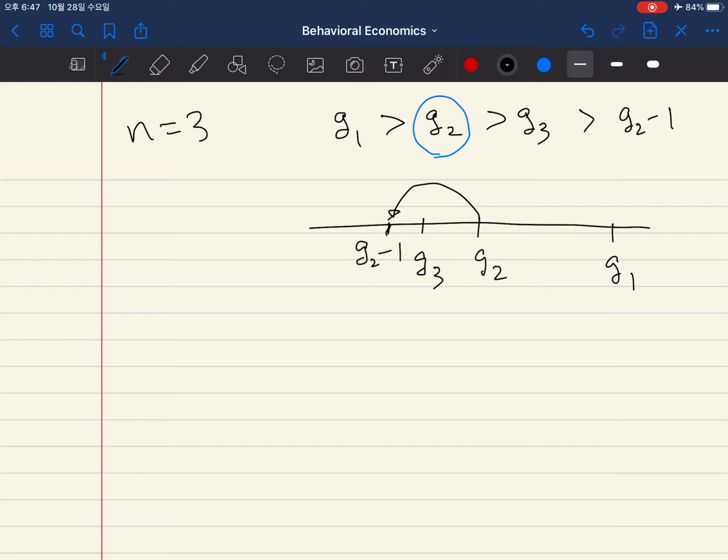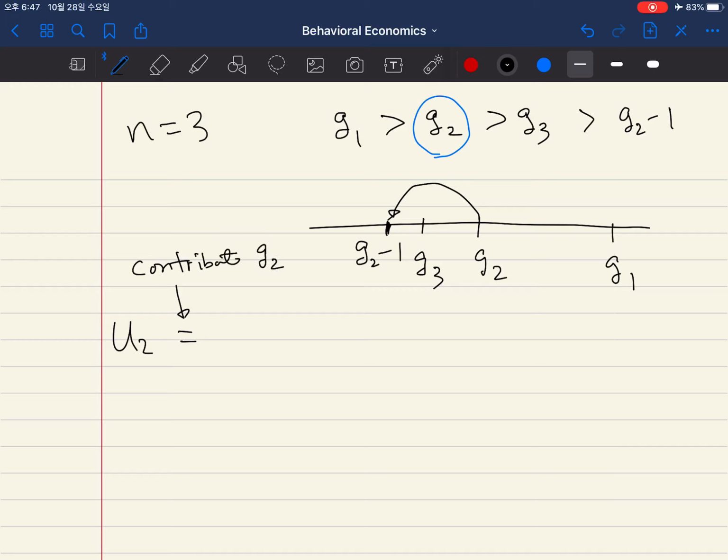And in this case, the third individual is contributing more than the second individual. So let's think about this kind of situation for simplicity. In this case, we're going to think about the second individual's utility if the second individual contributes